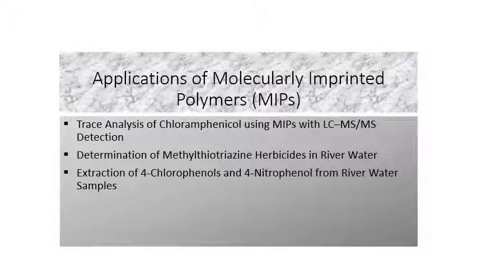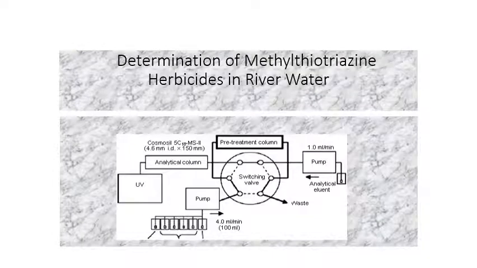Then let us move to applications of molecularly imprinted polymers, MIPs. MIPs is a shortcut for molecularly imprinted polymers. Trace analysis of chloramphenicol using MIPs with LC-MS/MS detection, determination of methylthiotriazine herbicides in river water, extraction of 4-chlorophenols in river water samples, determination of methylthiotriazine